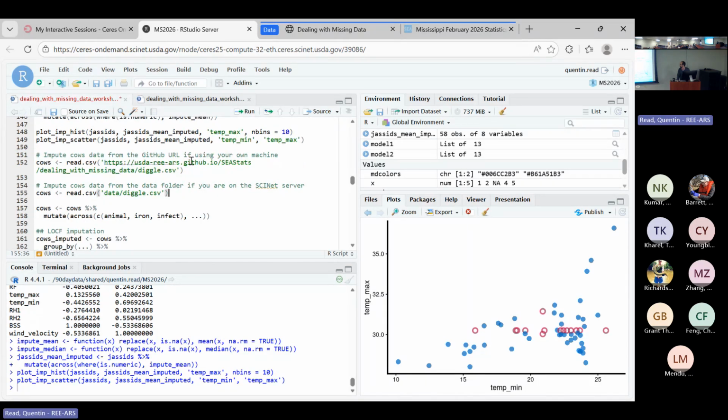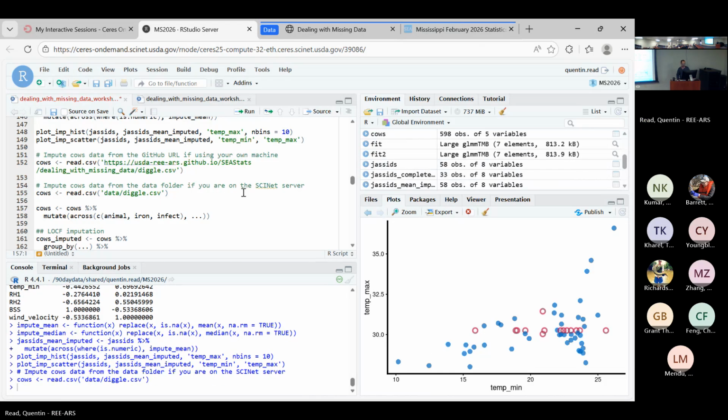If you're on your own local computer, you can import the data from a URL. It's called Diggle because it comes from a paper by Diggle et al., but I've just called it data frame cows. Go to line 155 and just run that line. It will import the data from the folder called data. You can see there's a data frame with around 600 rows and five